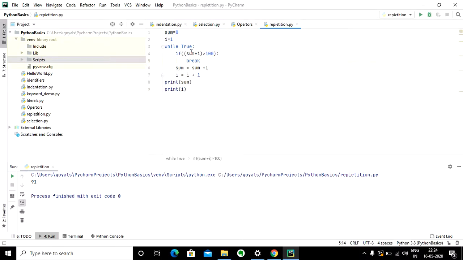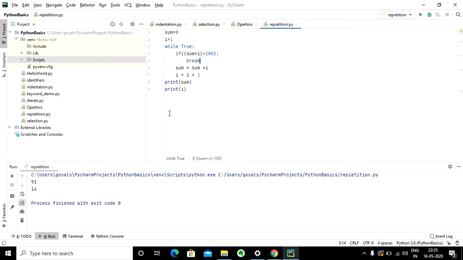So what was the exit condition? Had sum and that older i been added, then it would have exceeded 100. But the i hasn't been added to the sum. So let me just execute this code.